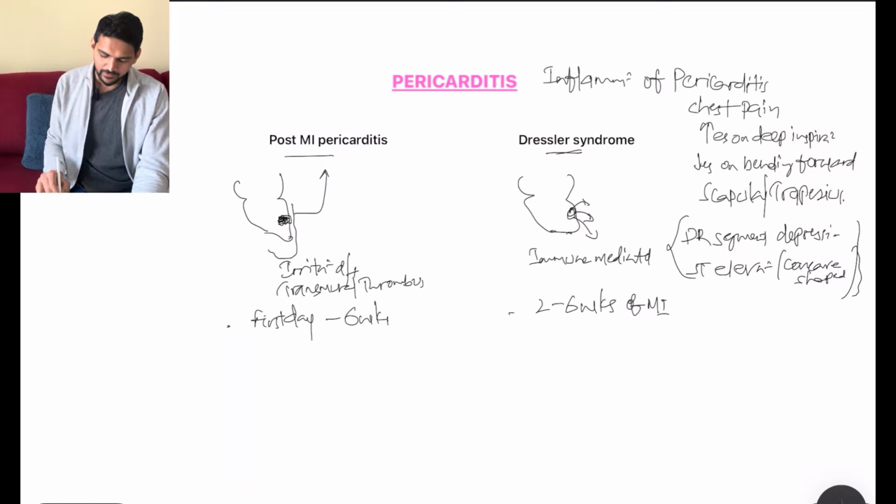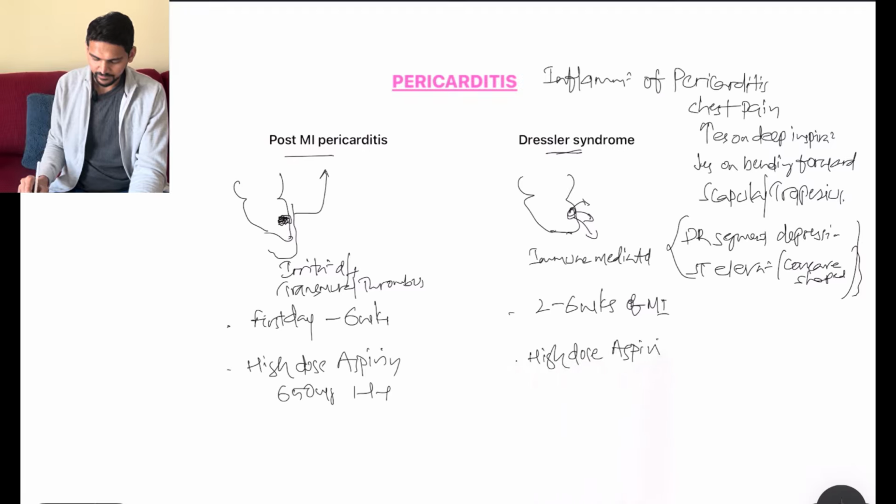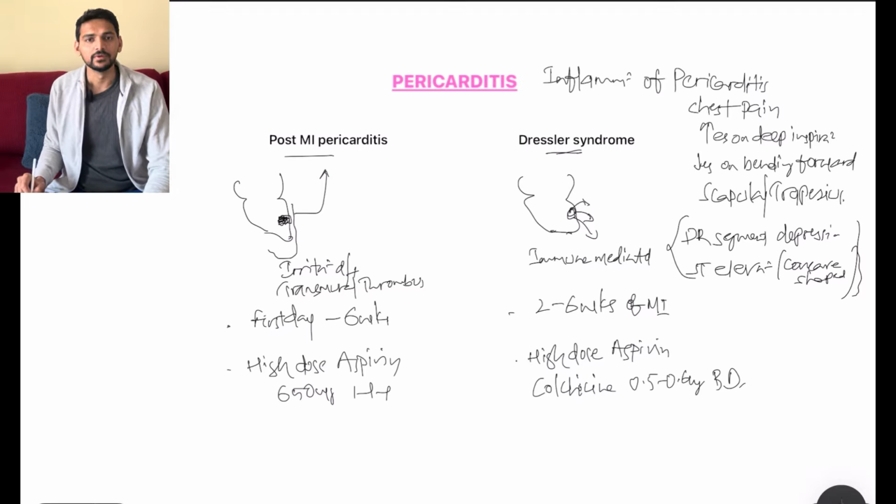What will be the treatment for pericarditis pain? It will be high dose aspirin, roughly about 650 mg 3 times a day. Whereas for Dressler syndrome, again we can utilize high dose aspirin, even colchicine, some 0.5 to 0.6 mg twice daily,